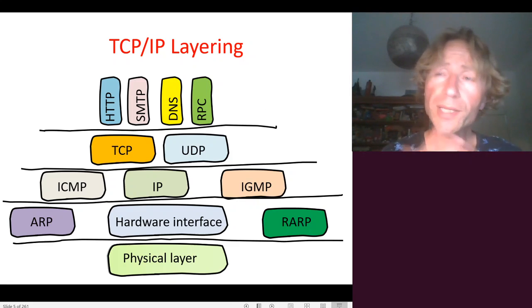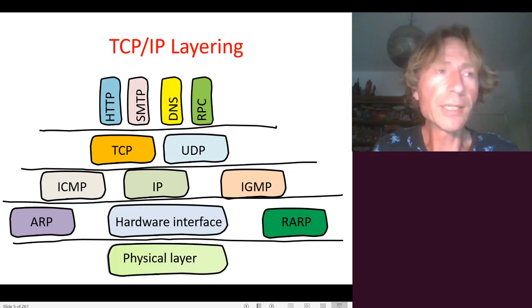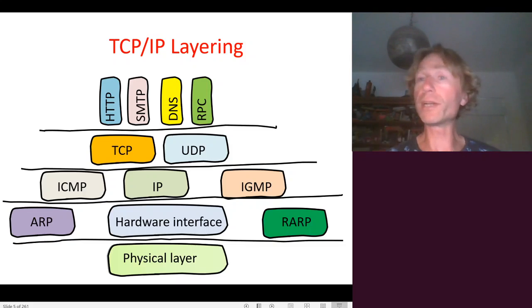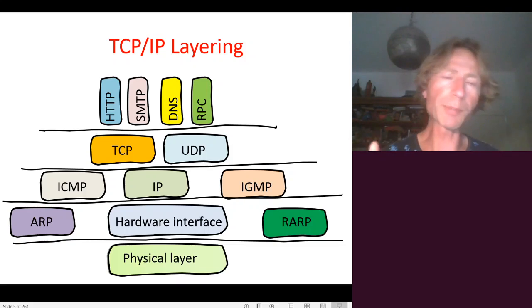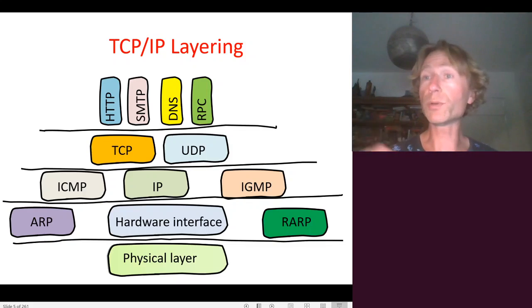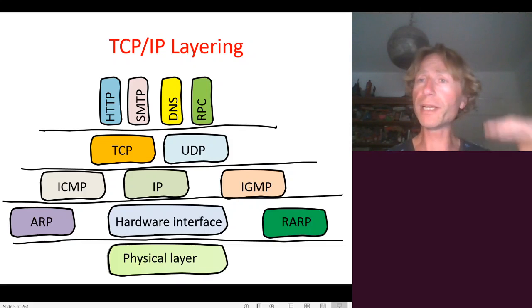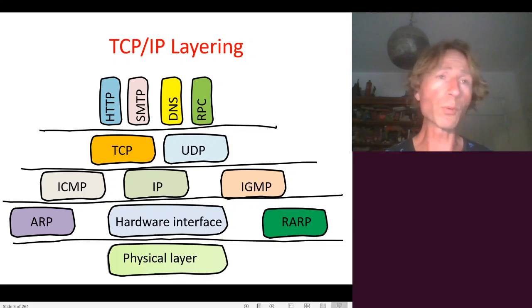Now, the things that we're going to talk about are the typical network protocols and network layers that you've had in computer networks. And just as a recap, I want to remind everyone that in computer networks, we typically talk about the network protocol stack as 7 layers in the ISO-OSI reference model. But in practice, we typically talk about a physical layer, a link layer, a network layer, a transport layer, and an application layer. So the physical layer is maybe the copper wire or the radio signals that you use to